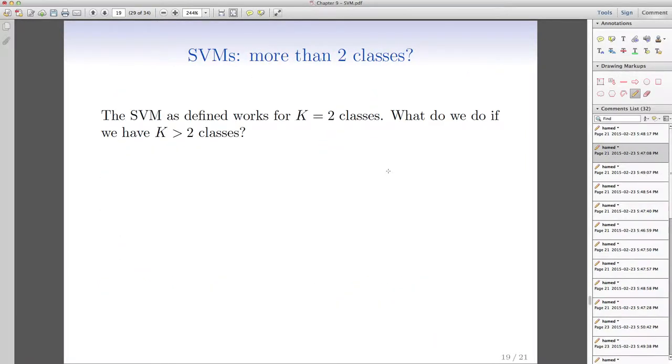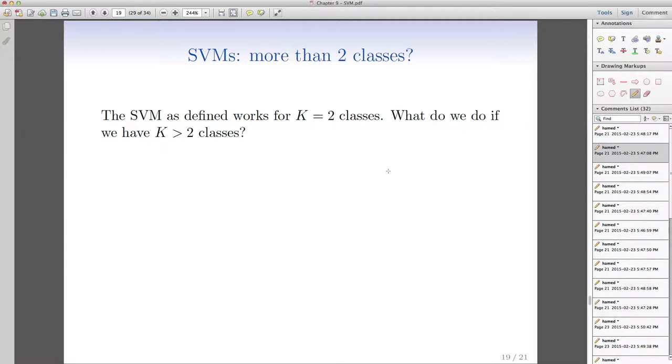So another question that we should answer is, what should we do if we have more than 2 classes? We just focused on the case that we have 2 classes. What are the solutions if we have more than 2 classes? Let's say you want to see if you are a high-risk person, medium-risk person, or low-risk person. These are 3 classes. How can we manage to do that? The answer is